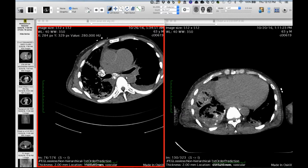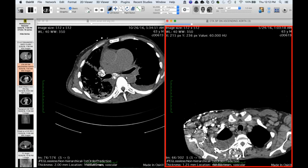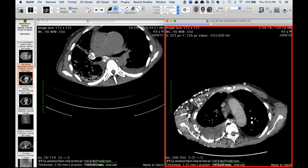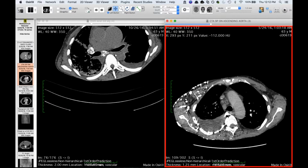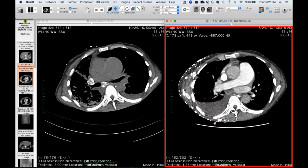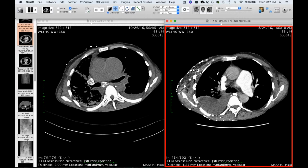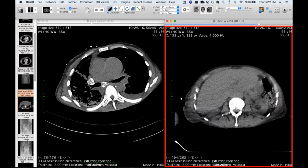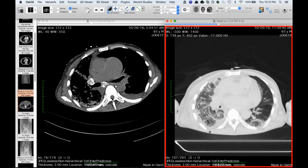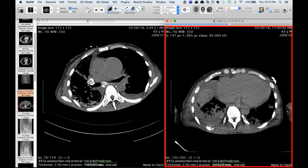All right, let me get you caught up on this case because maybe you've seen this. This is a patient who has a chronic chylothorax on the right from SVC syndrome. And this is an old study that I'm scrolling through here. So this is all chylous effusion. And he looked like this a week ago. He's had a chronic pigtail catheter in there now, and he's got this asymmetric crazy paving and still has a